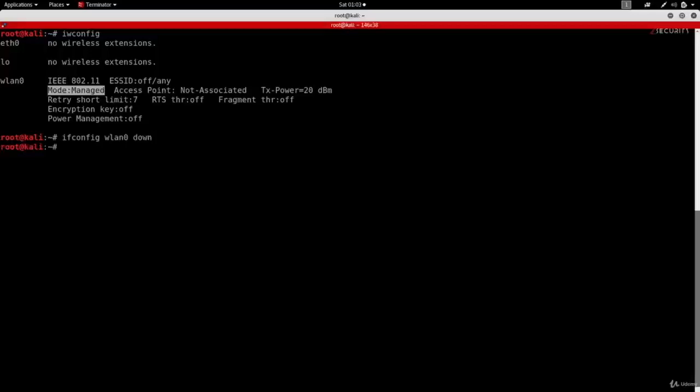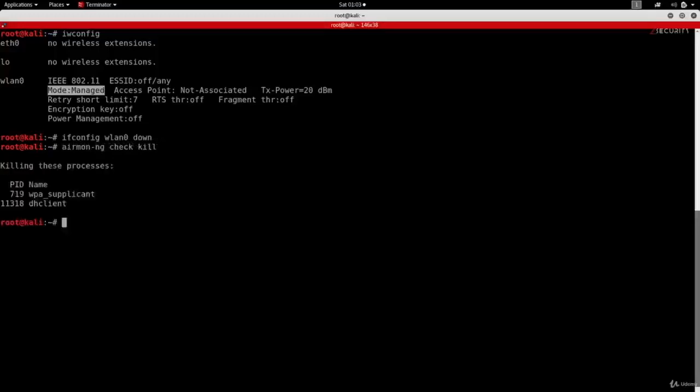But before we do that, I'm going to run a command to kill any process that could interfere with using my interface in monitor mode. This command is not mandatory, but running it will give you better results when you come to running the attacks that you will learn as we go in the course. So this command is going to be airmon-ng check kill.